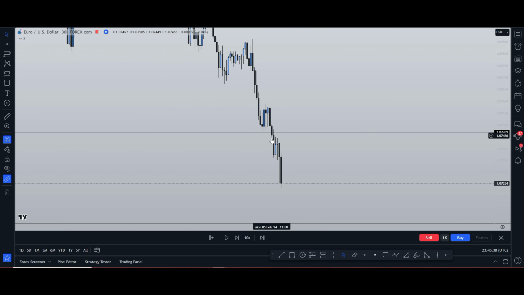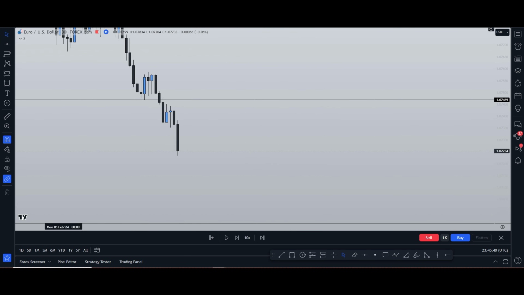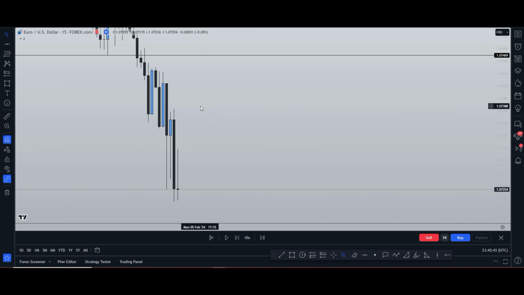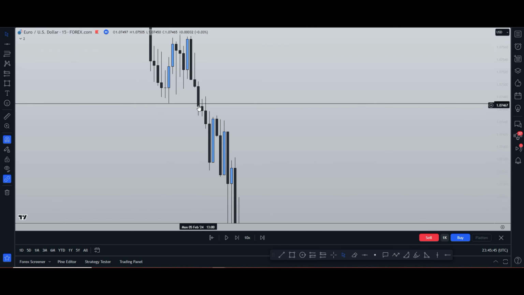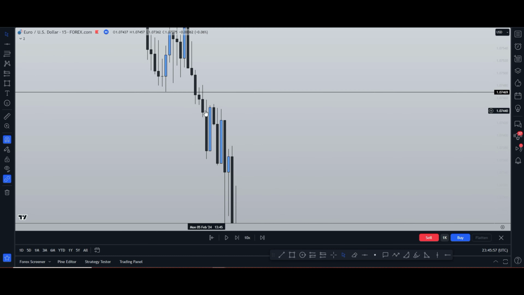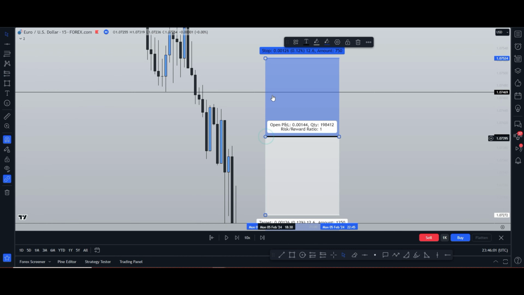Price breaks through. Well, look at this. Price breaks through, closes below that line, comes back up to a retest here. This is your retest. After this 15-minute bearish candle, a long rejection candle forms. Wait for the little bit of retracement. Like I mentioned, you're always going to get some kind of small retracement